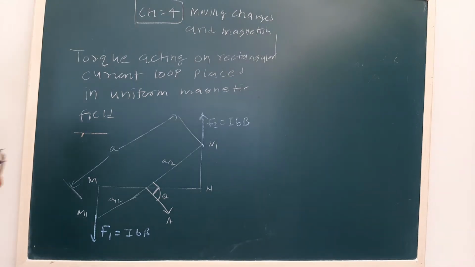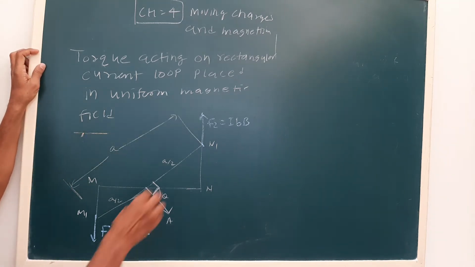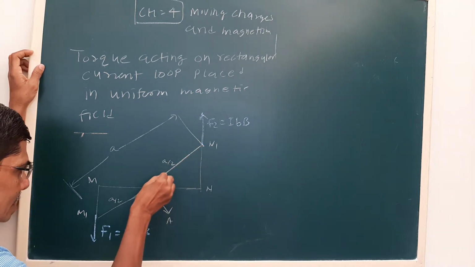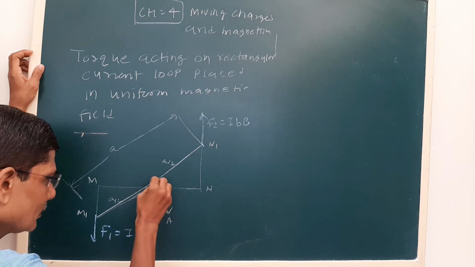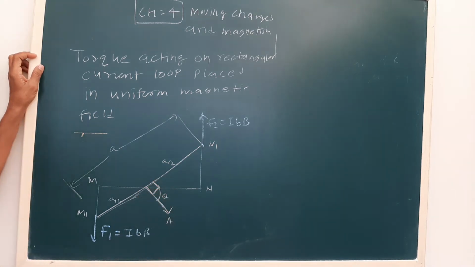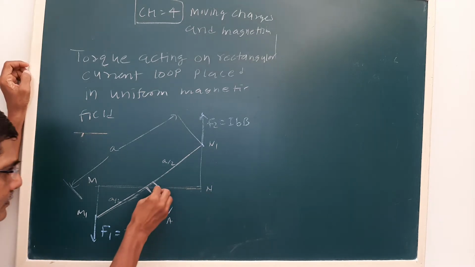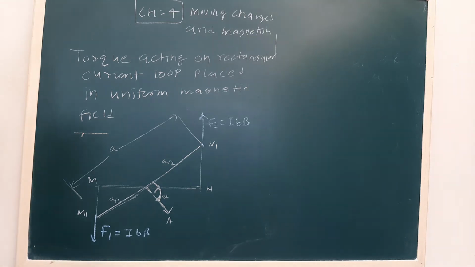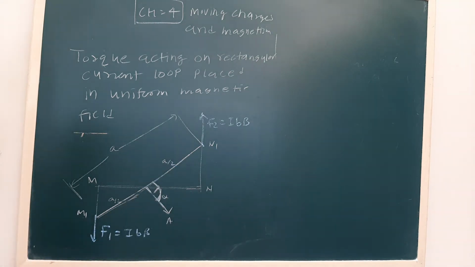Now see here, the forces F1 and F2 are both IBB. They are like this. See, this is the plane of the loop. The area vector is always perpendicular. Now let us say it makes an angle of theta with the axis. Now we have to calculate the perpendicular distance between the two forces F1 and F2, which are of equal magnitude and in